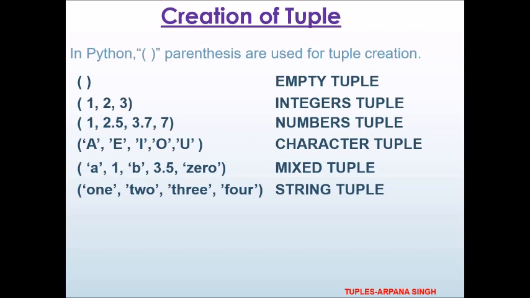These are the different examples of tuples. First one is an empty tuple, no elements are there. Second is a tuple with integer values. Third is a tuple with numerical values, that is, a combination of integers and floating point numbers. Next is a tuple of single character values, and next is an example of a mixed tuple, A, 1, B, so all types of values are here. And the last one is a string tuple, all the values are strings, that is more than one character. In Java, character and string are the same, but still for a single character we prefer to use the name character, and string means more than one character.